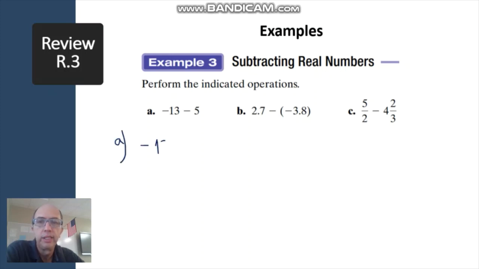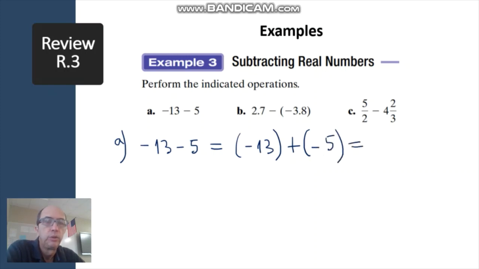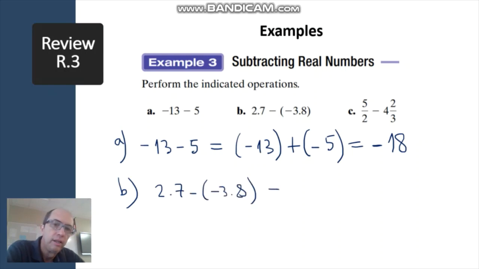A, negative 13 minus 5 is going to be negative 13 plus negative 5. So we add the numbers, the absolute values, 18, and you keep the sign of both, negative. B, 2.7 minus negative 3.8 is going to be equal to